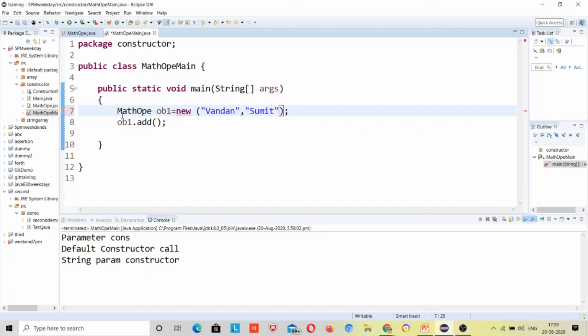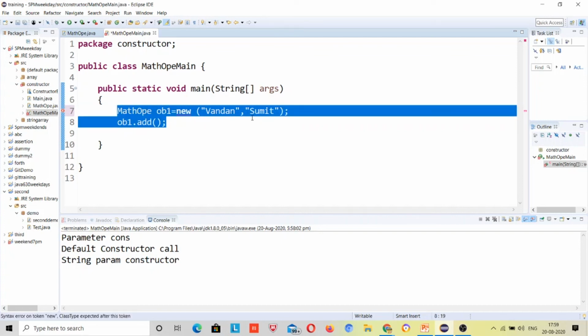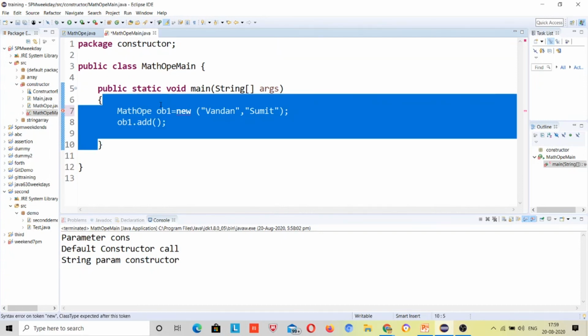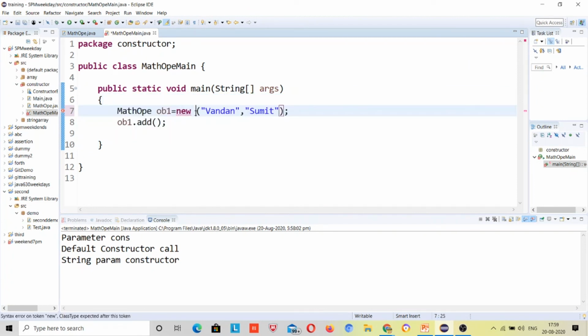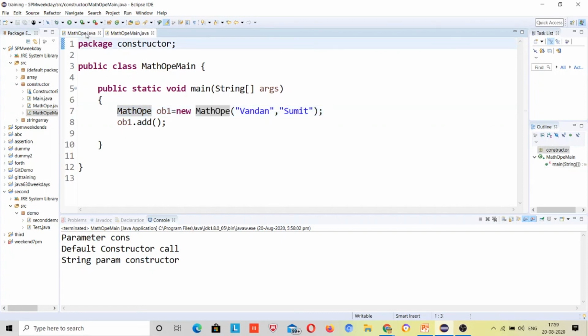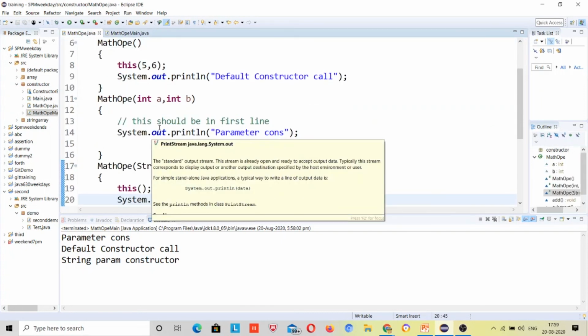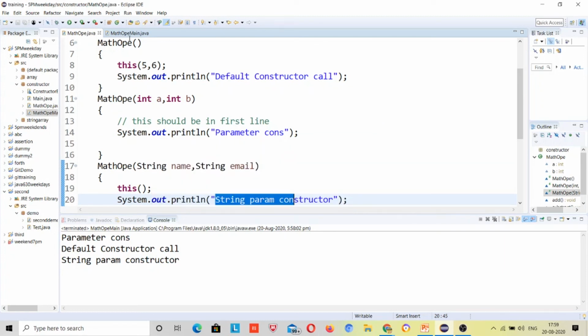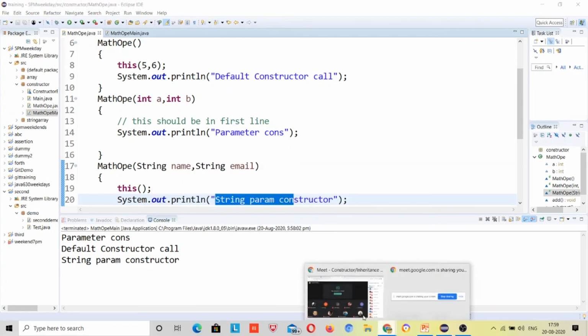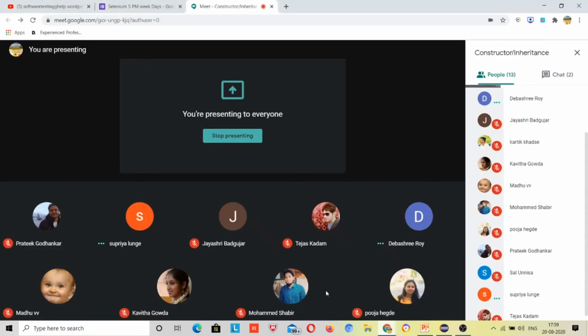If you want to call a method, just make the object and the object will call that method. And if that method is present in the same class, then you don't need to create the object for it. That has been covered yesterday, right?